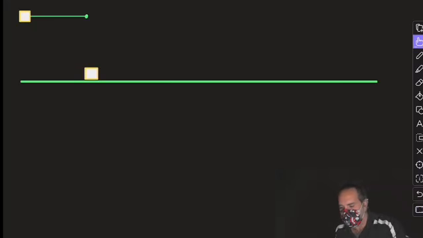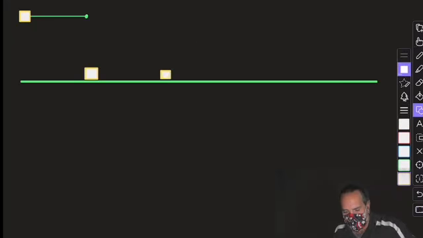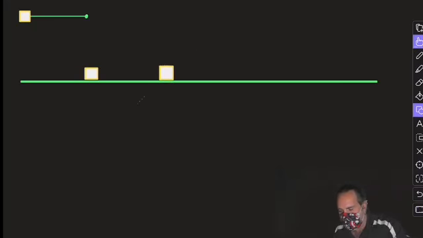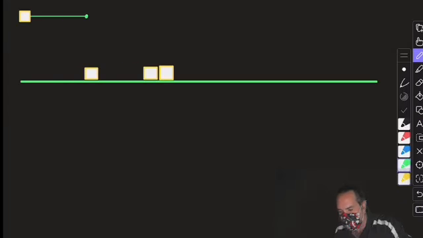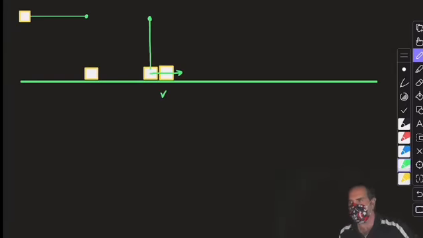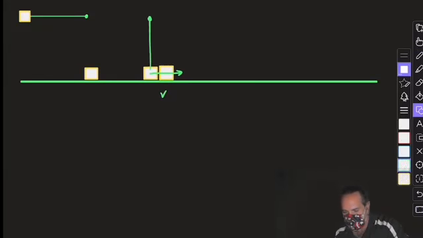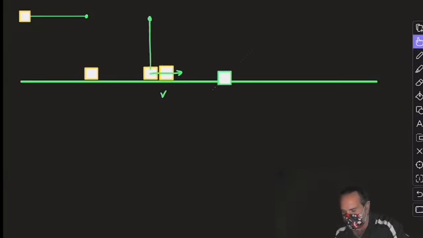So there's going to be this condition where the block will have swung down to the same level as the block that's on the table, like so, and has not, but is about to strike the first block. So at this moment, this block has a velocity, but has not struck the second block. Fair enough? Then there is the condition where both blocks are now stuck together